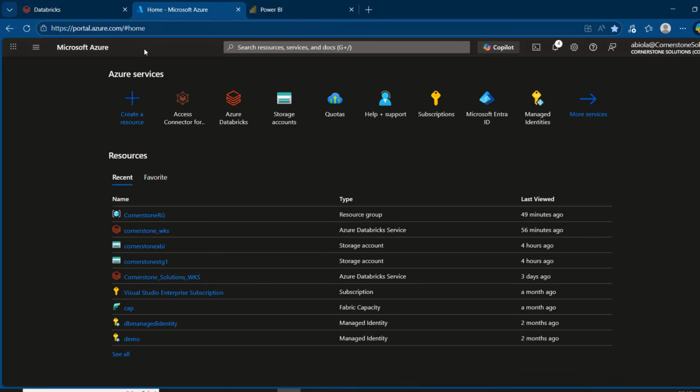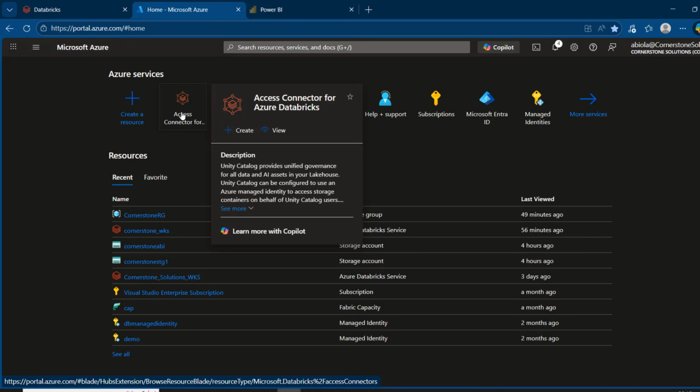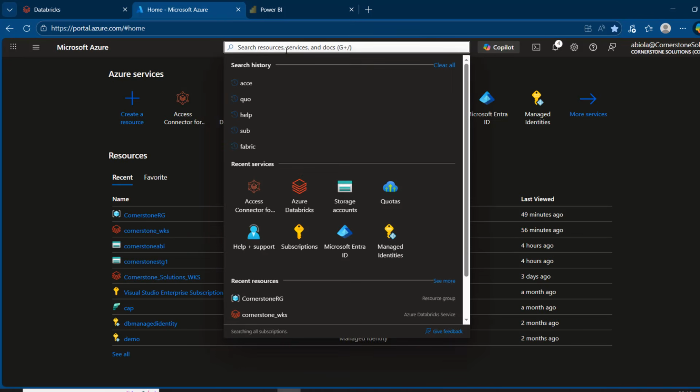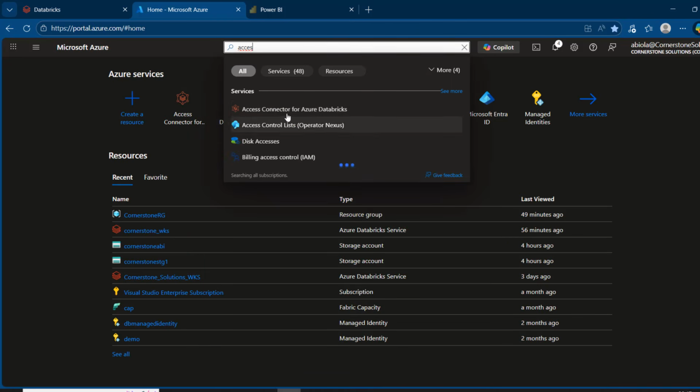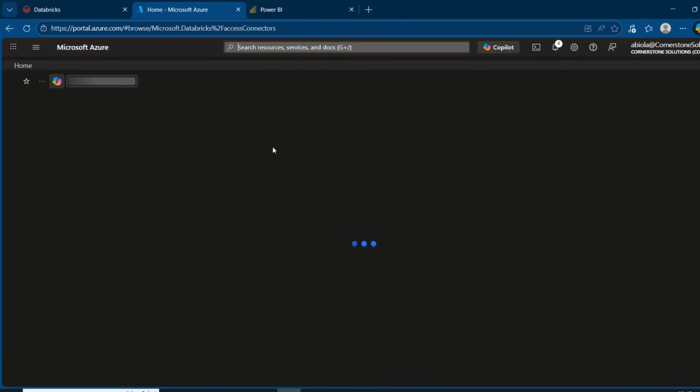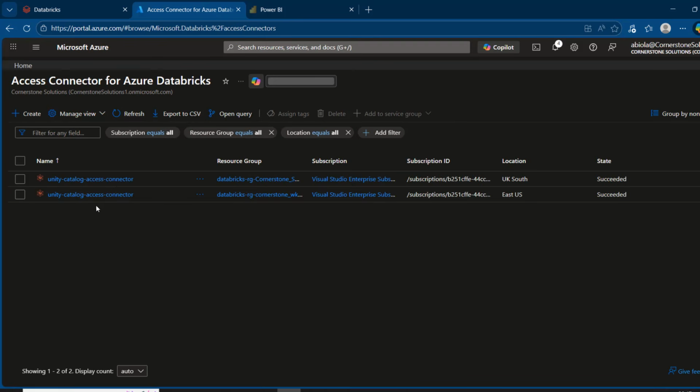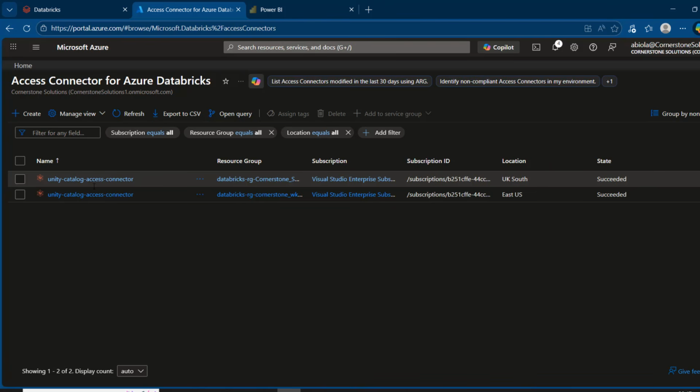So I'm going to come to portal.azure.com and search for access connectors for Azure Databricks. You can come to this box and search for the access connector, and then once I see that, give that a click. By default, we're going to have a default access connector created automatically when we provision the Azure Databricks workspaces, but I'm going to create a unique one for this demonstration for this managed identity